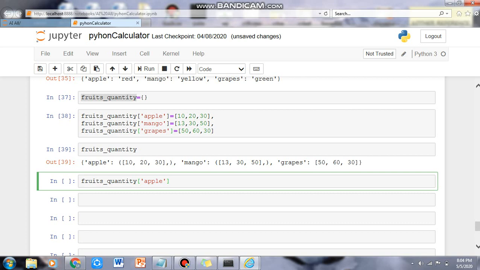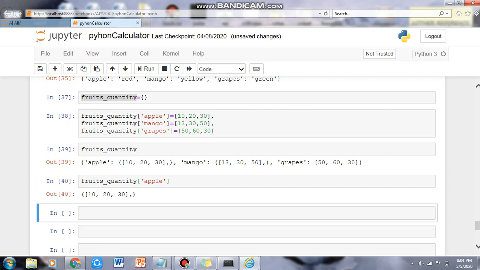So we'll just put the name of our dictionary, and in the square brackets, we'll put the name of the key which we want to access. So apple is the key that we want to access, if we want to know what its values are. This is for the case when the data is large, and we will only have the keys with us, but we need to find the values for them.